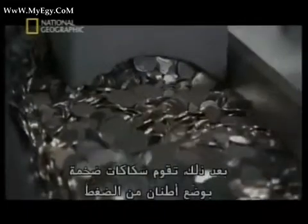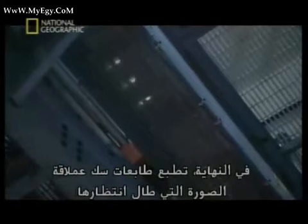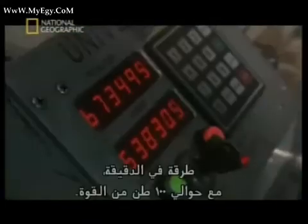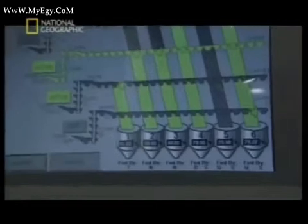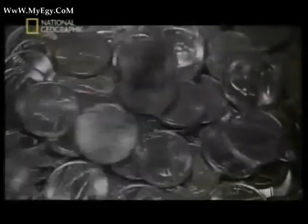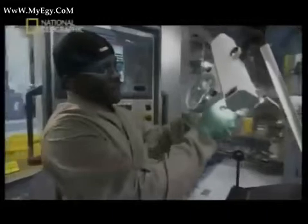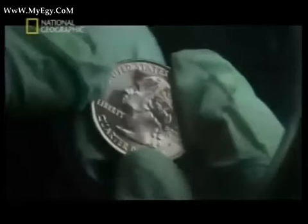Next, giant upsetting mills exert tons of pressure on the softened blanks, squeezing up rimmed edges. Finally, huge coining presses stamp the long-awaited images on the coins, 750 strikes per minute, with nearly 100 tons of force. The coins are spot-checked for errors. Once they're clear to go, colossal counting